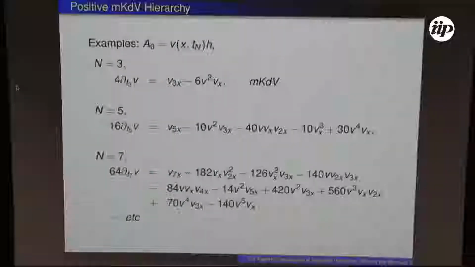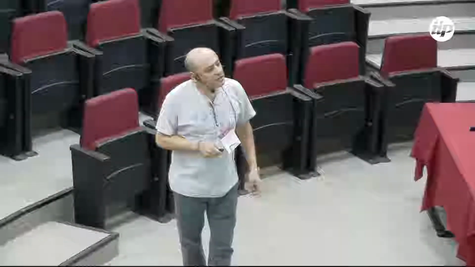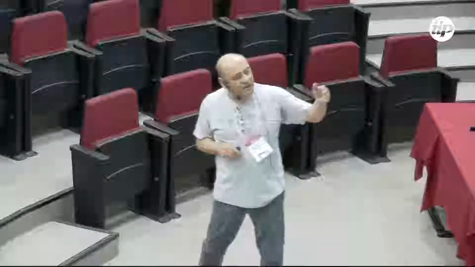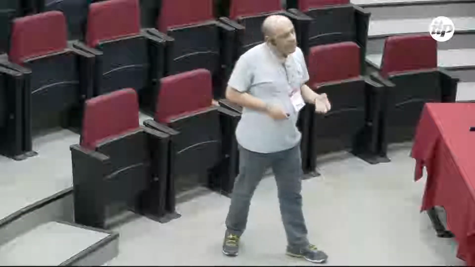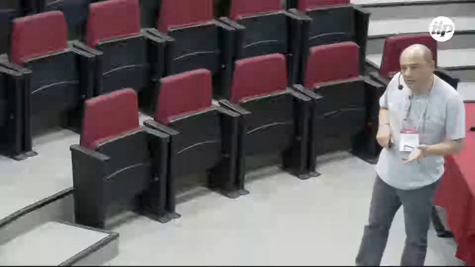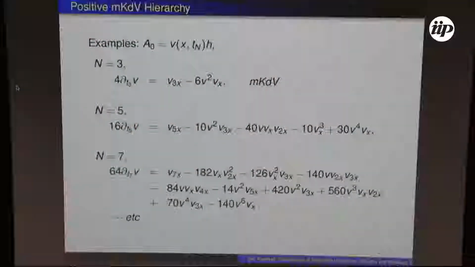This is a time, and I put an index just not to mix with the other t. It has to do with the highest grade. You see, it has to do with this capital N. So if I start with capital N equals 3, I have 3, 2, 1, and then I have one equation. So for each capital N, I have an equation of motion. So I have an infinite number of equations of motion. Each of them evolves according to some Hamiltonian, which are the conserved charges that I didn't say much about. So what do all these equations have in common?